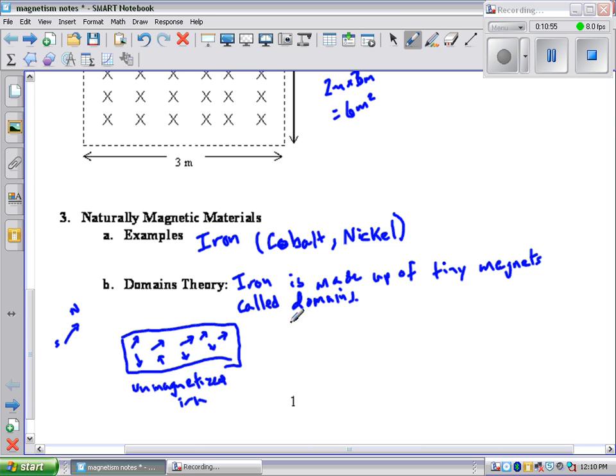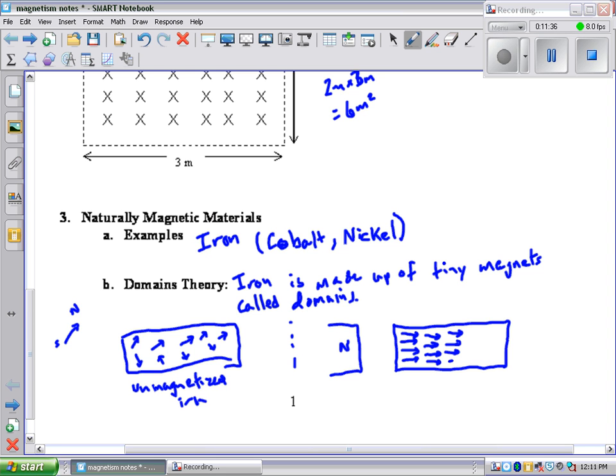But then, if we put it near a magnet, so here's a permanent magnet, its north end, and then we take our piece of metal, what's going to happen to all those little tiny domains is that they are going to line up so that their south ends are aligned or pointing towards that north, because the south end is going to be attracted to the north end of the permanent magnet. And it's going to look like this. And now this iron is magnetized,